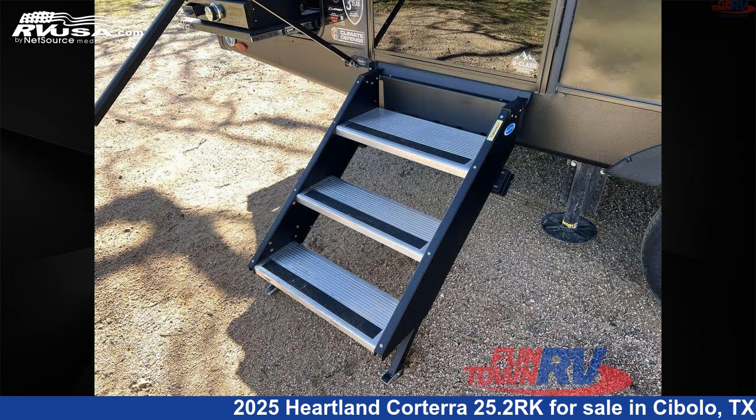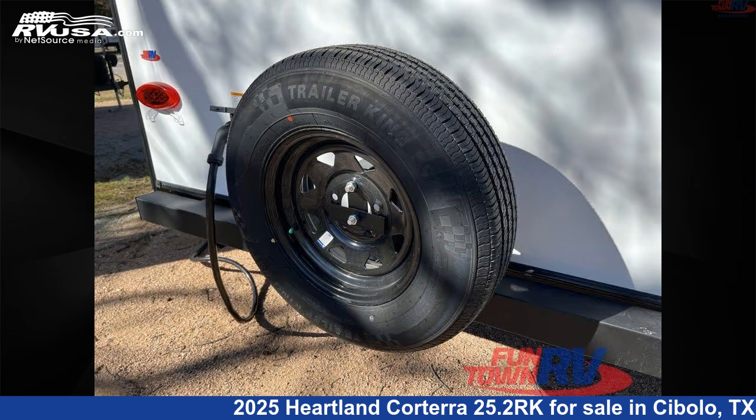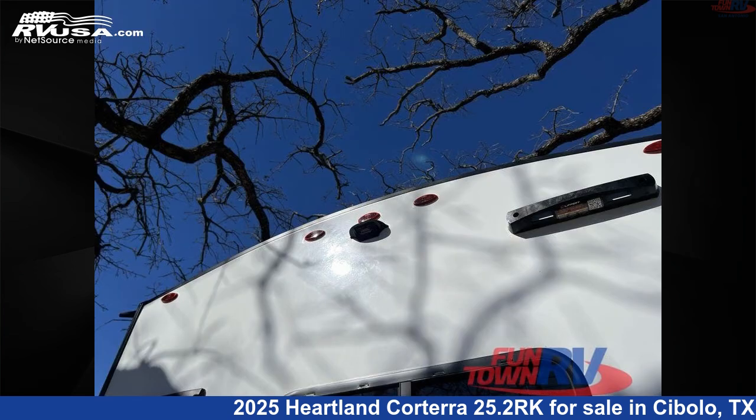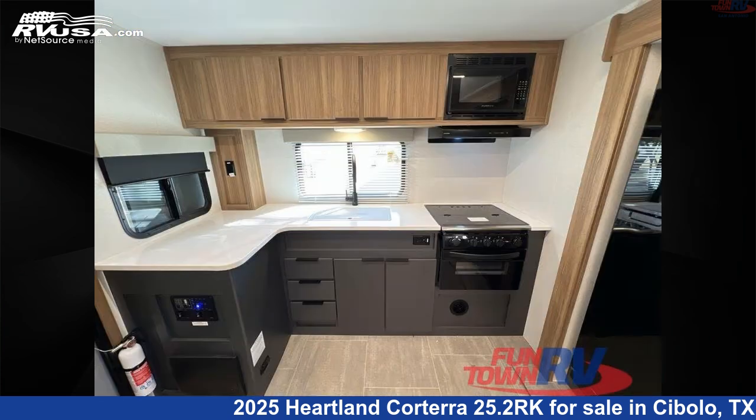This new Heartland is 29 feet 0 inches in length and features an UPTOWN interior, sleeps 4, slide-out, and 46 gallons fresh water capacity. The floor plan layout of this travel trailer features couples coach, front bedroom, outdoor kitchen, rear kitchen,